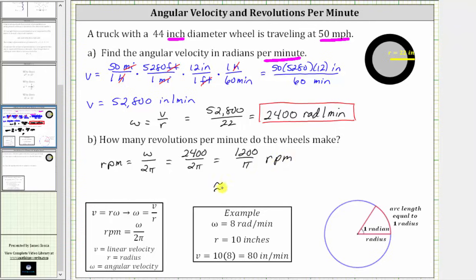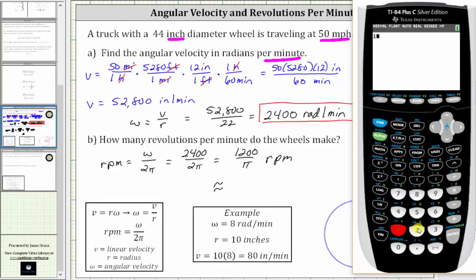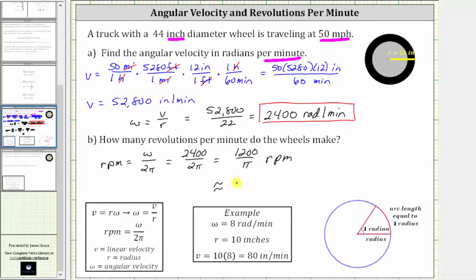Let's also get a decimal approximation. We have 1,200 divided by pi, which gives us approximately 381.9719 revolutions per minute. So we have the exact RPMs